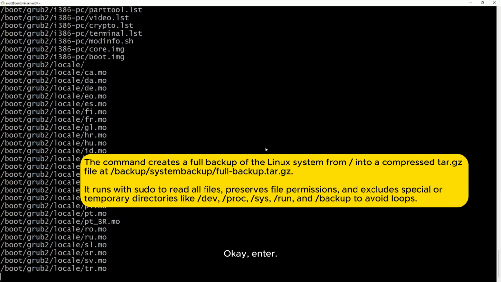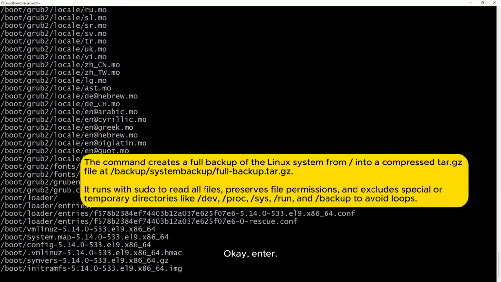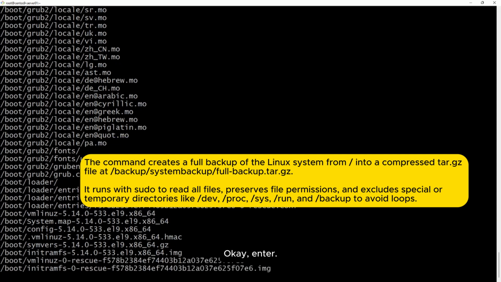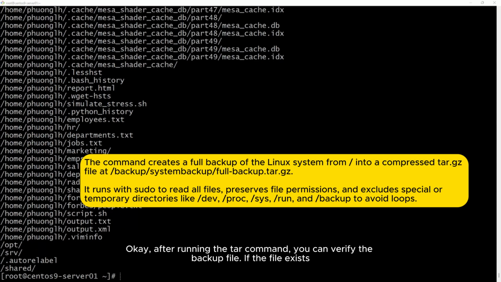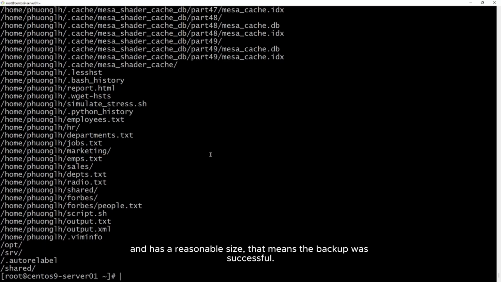Enter. After running the tar command, you can verify the backup file. If the file exists and has a reasonable size, that means the backup was successful.